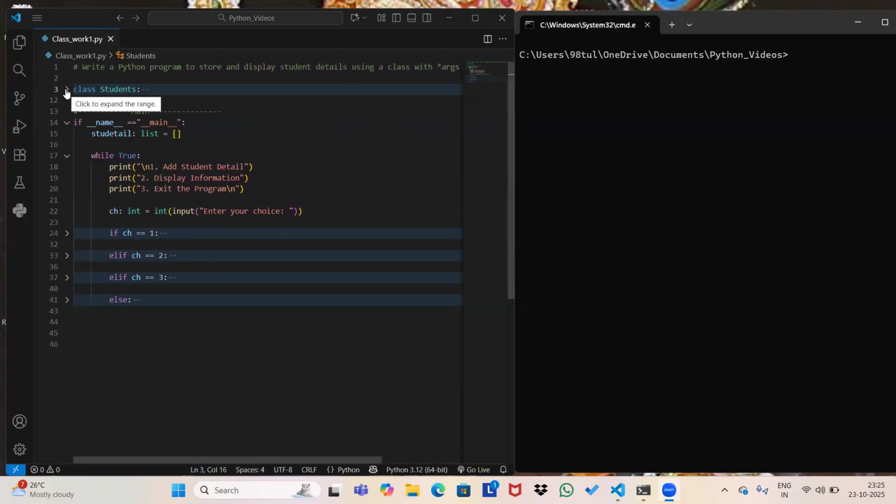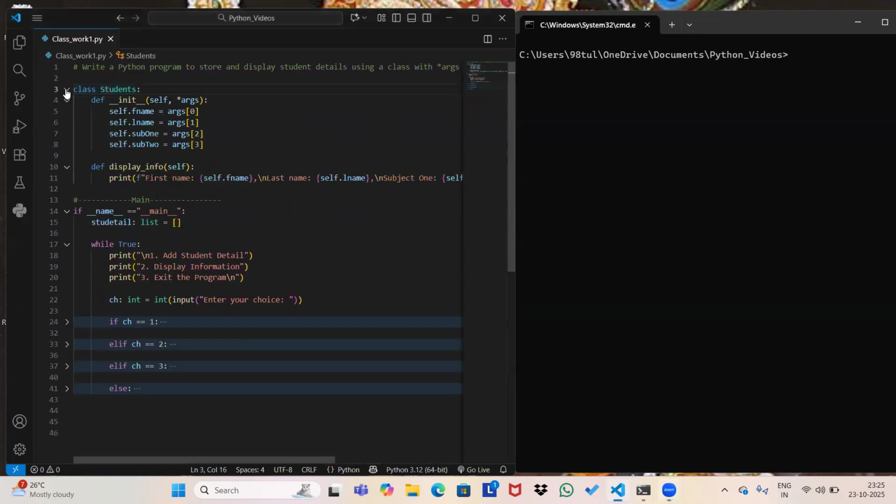this is my class Students, and this is my constructor, double underscore init double underscore. I'm passing two parameters within parentheses: self and *args. Here *args will take positional values and it will give us in the form of a list. That's why I have written here, this is my